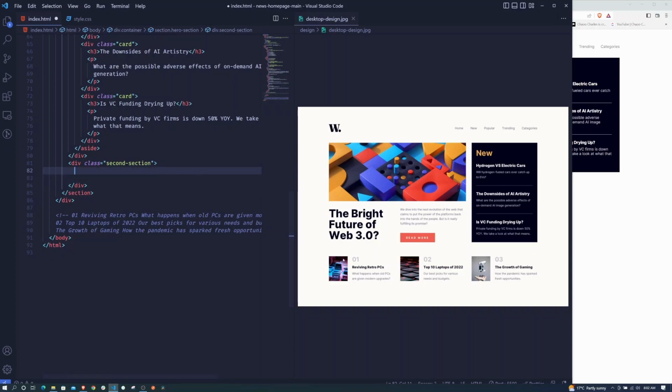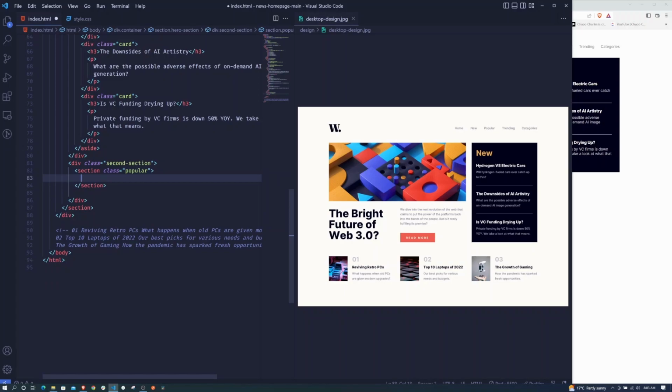So we need to give a class for this. There are also cards. Maybe we can still use the same, so card but for second section, or we can use a unique name, maybe popular. These are the popular stuff in the site or something, so we can say section dot popular,